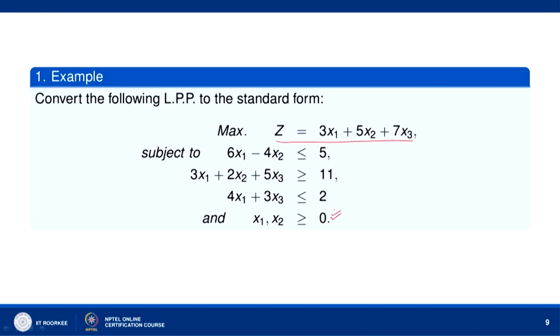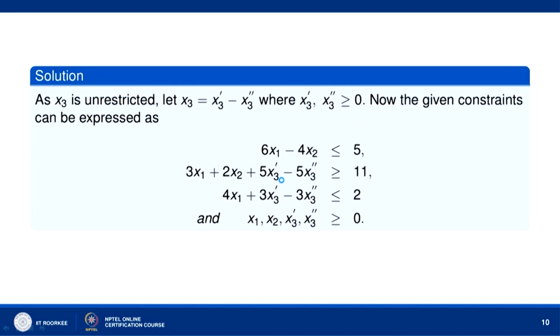Now, we are given the restrictions on x1 and x2: they are non-negative, but the third variable x3 is unrestricted, there is no restriction on x3. So, how will we convert this LPP into the standard form? Since x3 is unrestricted,